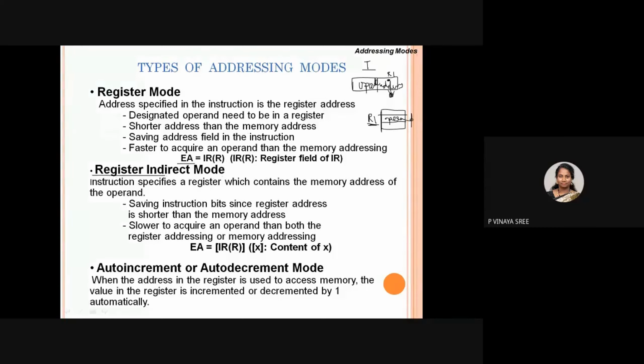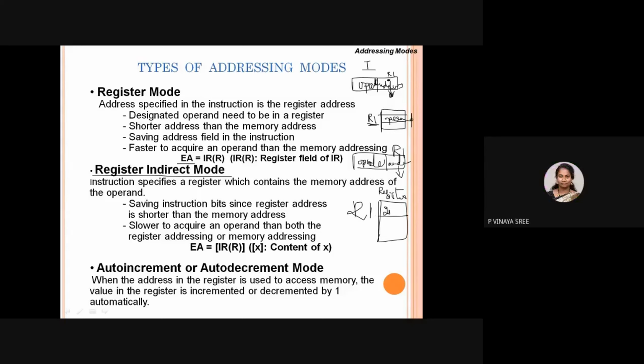Now let me go for register indirect mode. Concentrate. In register indirect mode, you have an opcode and you have an address field. This specifies the address of one of the registers. If I am talking about a register, you will be going to a register location, not a memory. So you are going for the R1 location. Let us consider it is mentioned as R1. You need to go to the register set. If you go to that register, what will you get here, an address or an operand, in register indirect mode? Address. Yes, address.